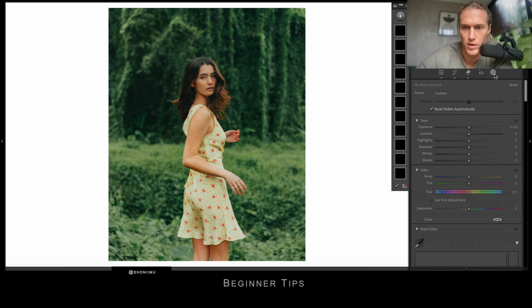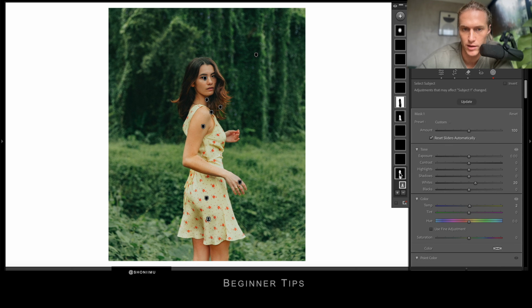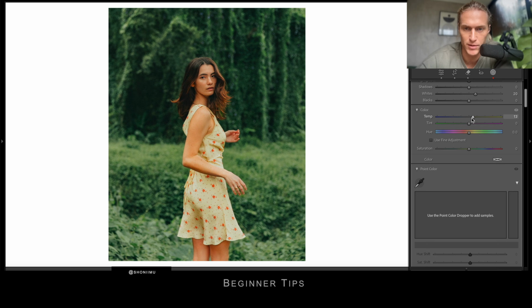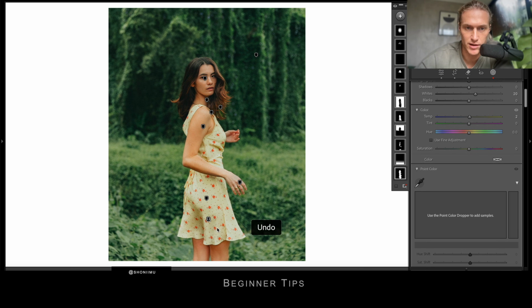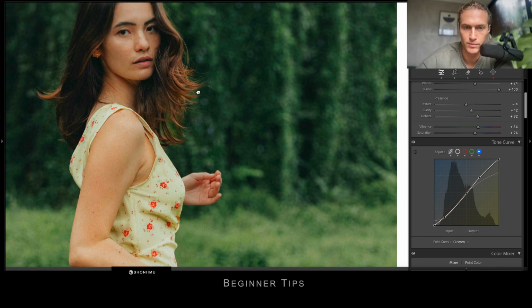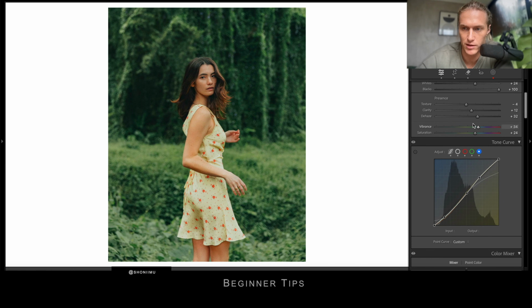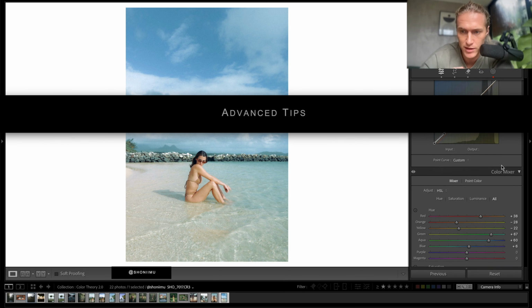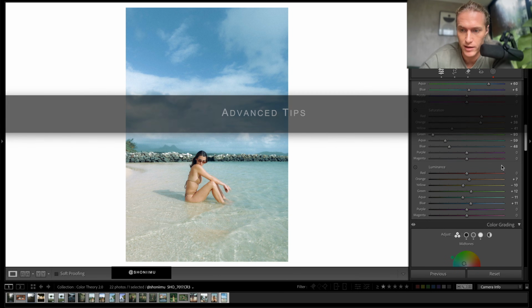Okay, so this one, we've got the subject selected, just the warmth up the tiniest bit, and then the subject really pops from the blue-greens in the background. So we only want to do it really subtly. Okay, so that was a really basic tip, because filters are just a little icing on the cake, but you want